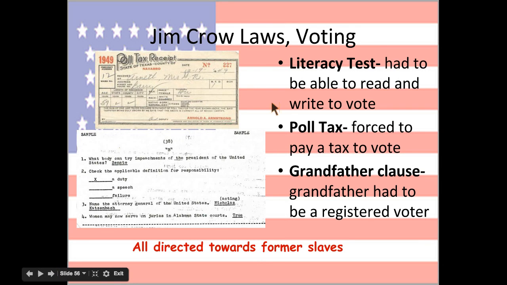And again, more examples: literacy tests, poll taxes, and then one that I have not gone over is the grandfather clause. So basically, you could only register to vote if your grandfather had voted. Star grandfather clause, because I haven't mentioned that a lot. And this is really important because if they're telling them that only the people whose grandfather had registered to vote could also register to vote, none of these African Americans are going to be able to vote because their grandfathers were slaves. Okay, so make sure that you understand that this is a tactic to prevent them from being able to register to vote.